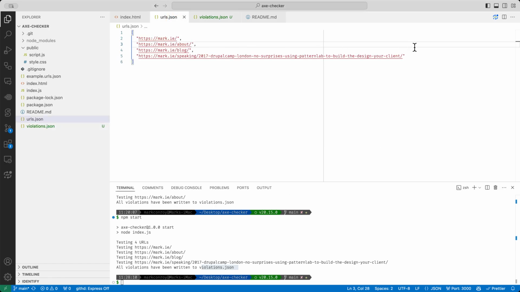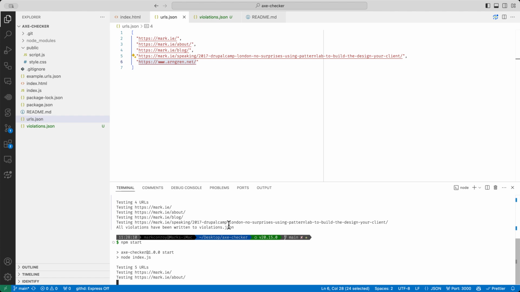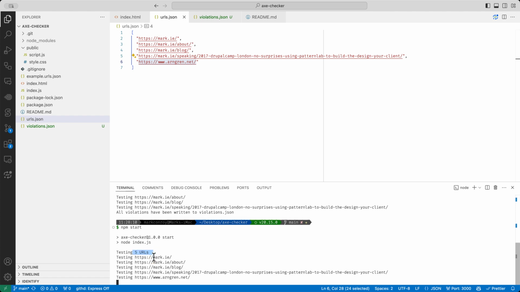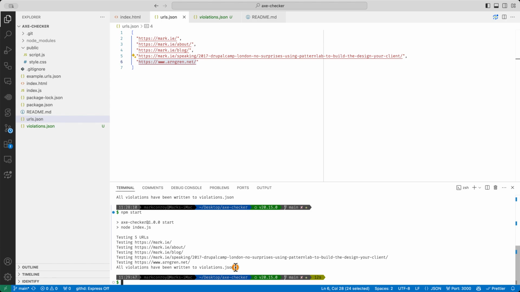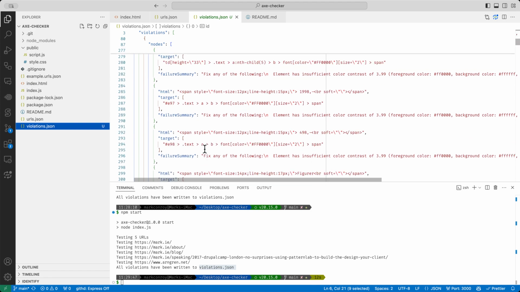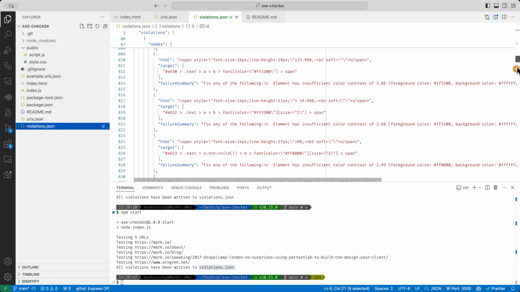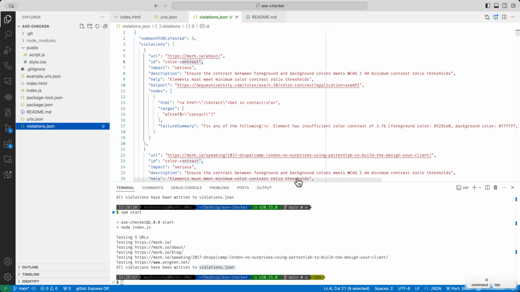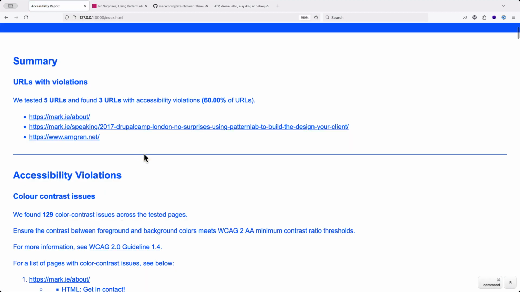So again, we go to urls.json and we pop in arngren.net, and again we'll run npm start. So now we're testing 5 URLs this time. So we're testing my 4 from my site and then arngren.net itself. This is going to take a bit longer because there's so many violations in it. It's got to go through them and update the file. You can see the file now is massive. So this goes on for a long time. If we come back then and we refresh our accessibility report, we've now 129 color contrast issues,